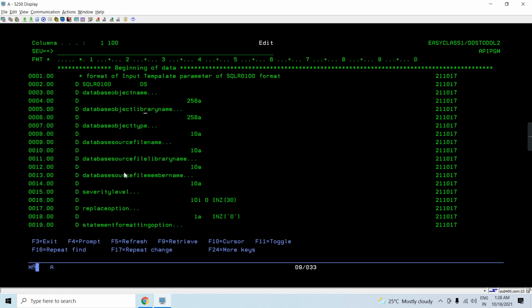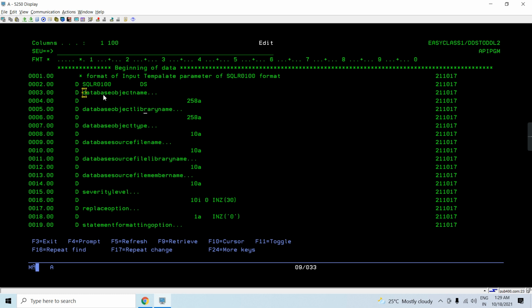Let's say our object is located in the library EDCLASS1 and the object name is, let's say, DDS1. We don't need to worry about the sources. If there is no source available, we won't worry, because this API generates the source using the objects, not the source.